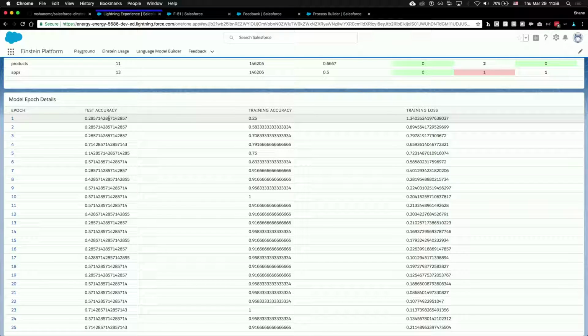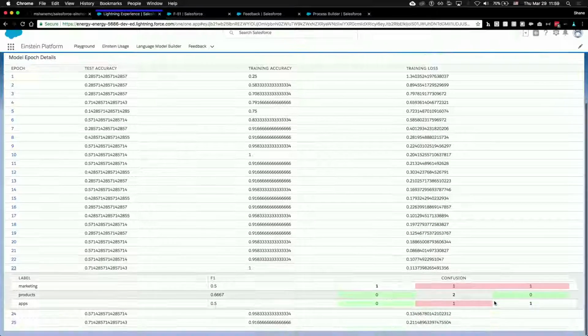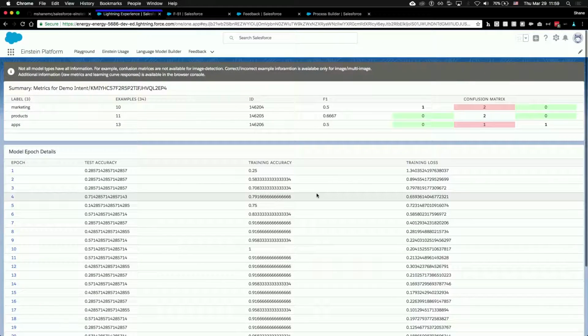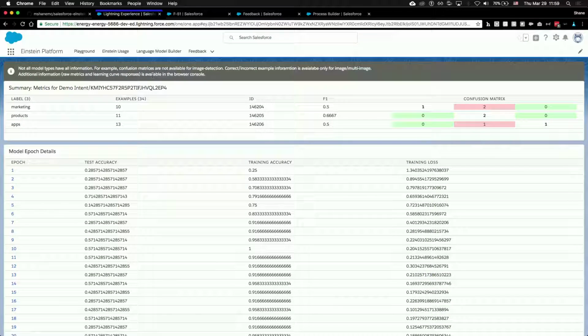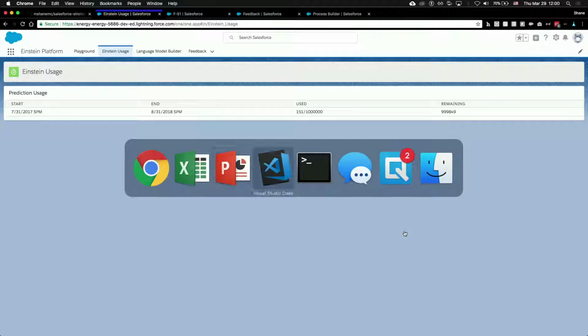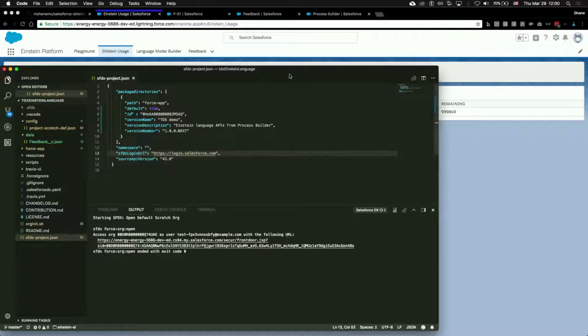And so we're trying to show you some of how we got to the conclusions we got to. And then if you actually look into any of these, you'll also be able to see some of the same confusion matrices. Okay, so what about this run of the model was confusing, and do I need more examples of this category, or do I need more examples of this category? So that's a little bit of the stuff that's in here, beyond just being able to call a model from Process Builder. The other thing that's in here that's a little bit useful is your prediction meter. All right, how many of these have I been using? And there's of course an API for this, but it's nice to have that as a component. All right, so I'm going to walk through just a little bit of the code that's associated with this.